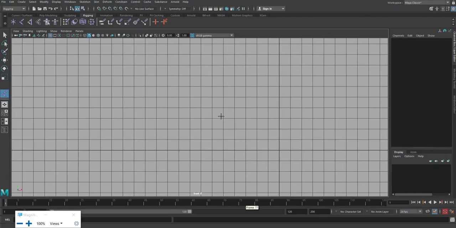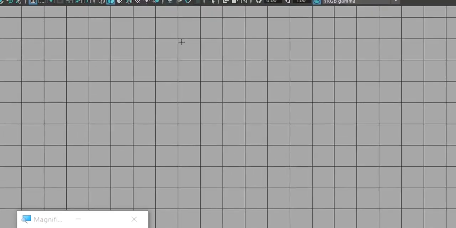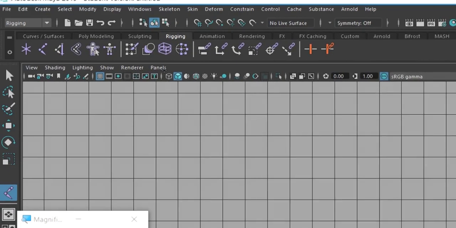Say for example, I have taken this tool, did reset, and I'm going to create a joint. I'm just coming to front view. I'm just going to simply click. That's all. Give enter.